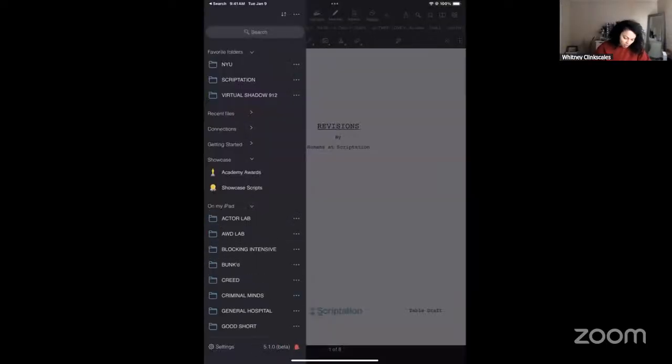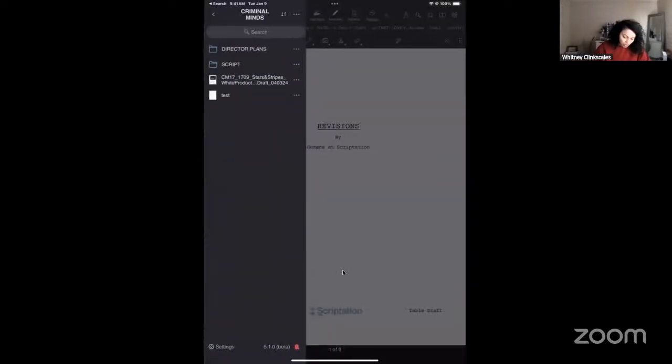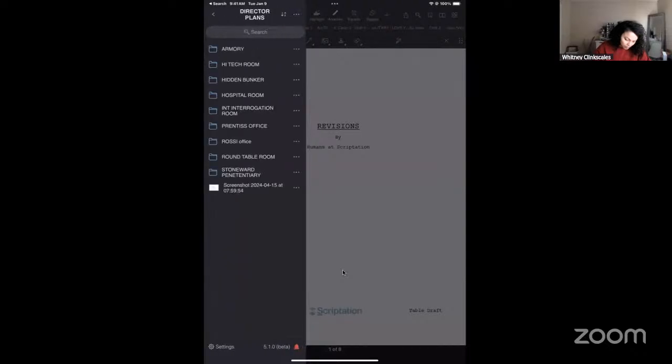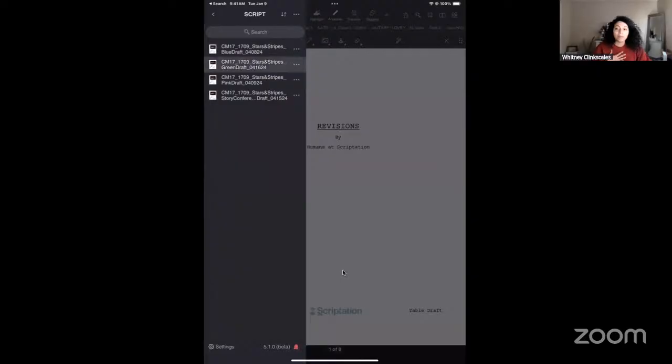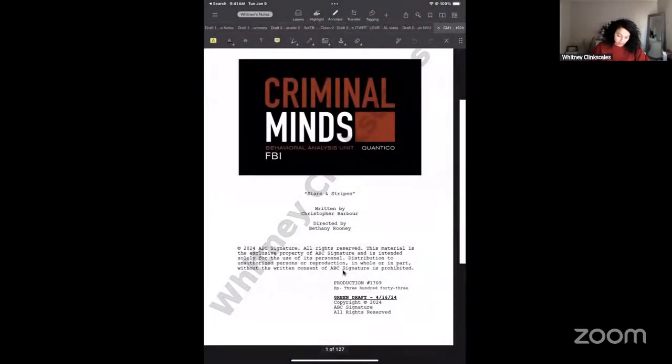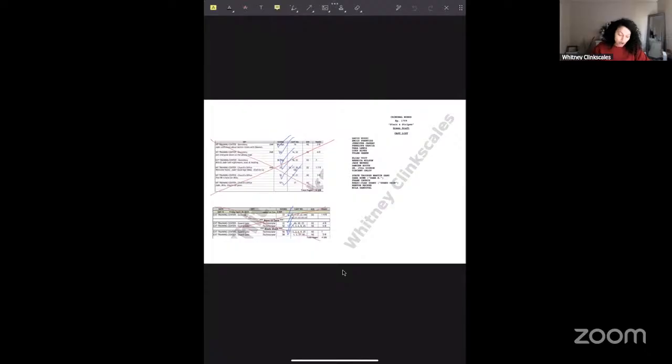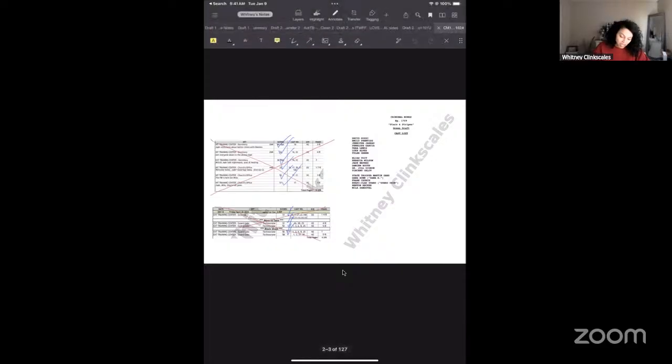How do I use it as a director? So let me just pull up a script that I broke down to just show you. I had the great privilege of shadowing on a show called Criminal Minds. This is what my script breakdown looked like once I fully broke down this script. I brought in my schedules for the day. I brought that to the top of my script so that way I can bookmark this page and quickly reference that and check off the scenes that I finished